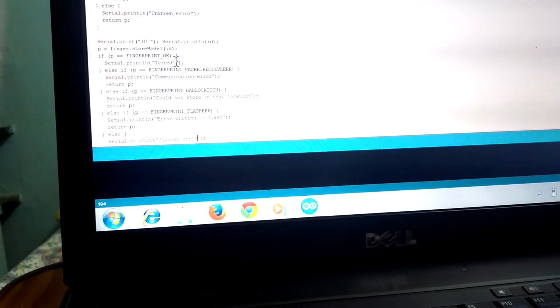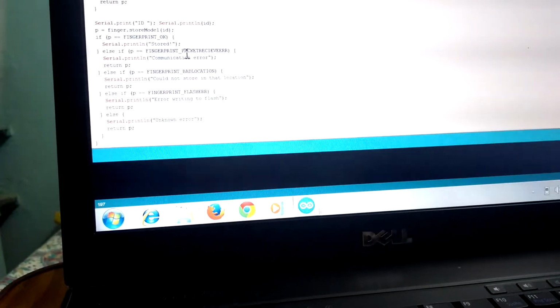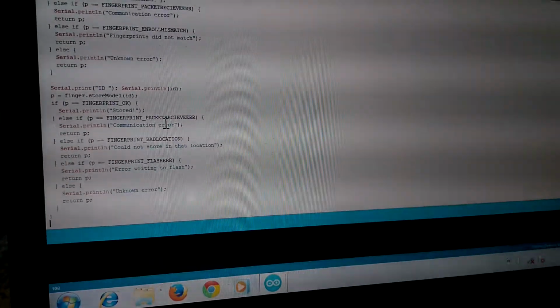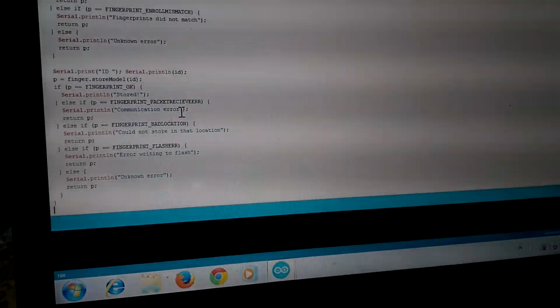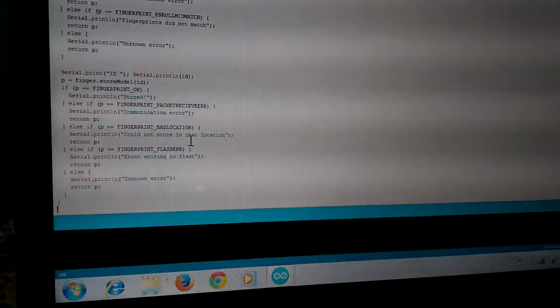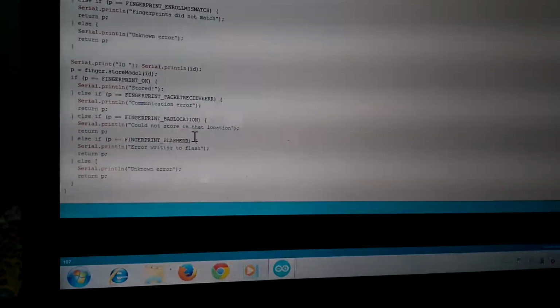Finally, the fingerprint is stored in this mode. If the fingerprint is okay, it will be stored. If the packet receiver is having some communication error, it will be displayed as communication error. If the fingerprint location is not proper, if it is misplaced, then it will show could not store in that location, and it will return to the same